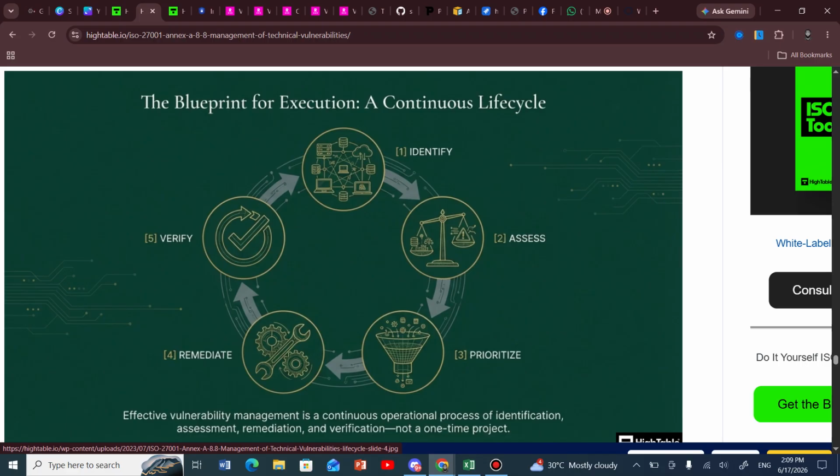So after prioritization, we'll move on to remediation. We want to solve the vulnerabilities that we prioritized. After we have solved them, we want to re-verify that the implementation of the controls we put in place, the remediation we suggested, actually worked. Once we verify, we see whether it worked or not, then the cycle continues, and we move on to identification again. In an event where there is a new deployment of new assets, we integrate it into our asset inventory or asset register, and we assess, prioritize and remediate again, so it's a continuous cycle. That is the explanation on